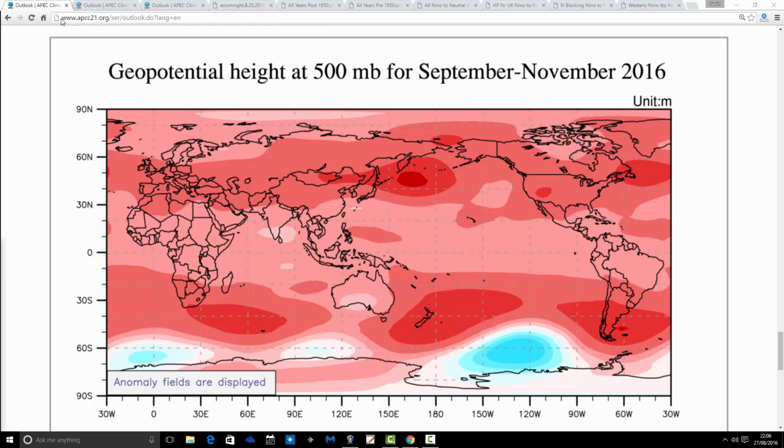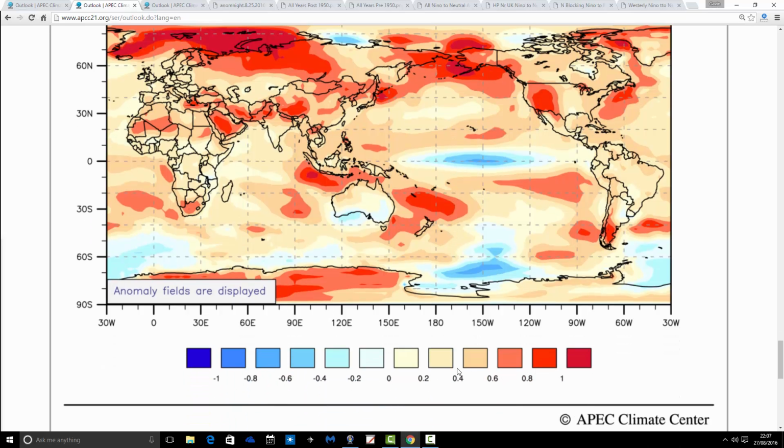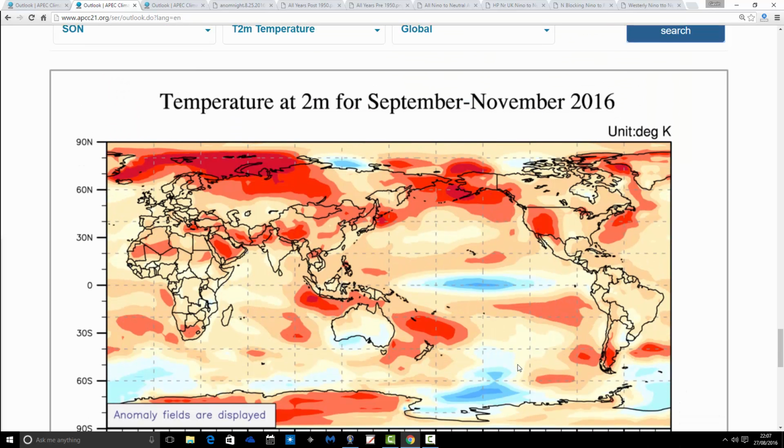And this is 500 millibar height only from the Apec model for the autumn. This is taking us from September to November. The idea is that we've got above average heights generally to the south and west, and lower heights to the north, not particularly below average, but lower. The jet stream's coming through. So it's a continuation of all the models that we were looking at last week, really, which is for an Atlantic-driven autumn. So the temperature anomaly is coming out above average, a milder than average autumn being predicted by Apec. Temperatures not very warm, but certainly on the warmer side of average. There's the scale down there.